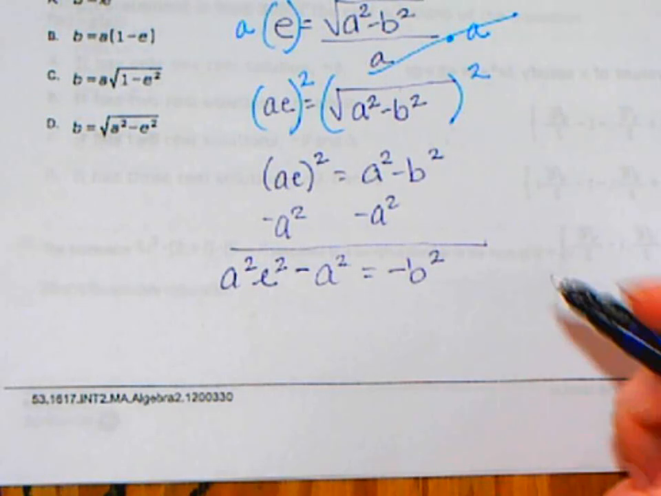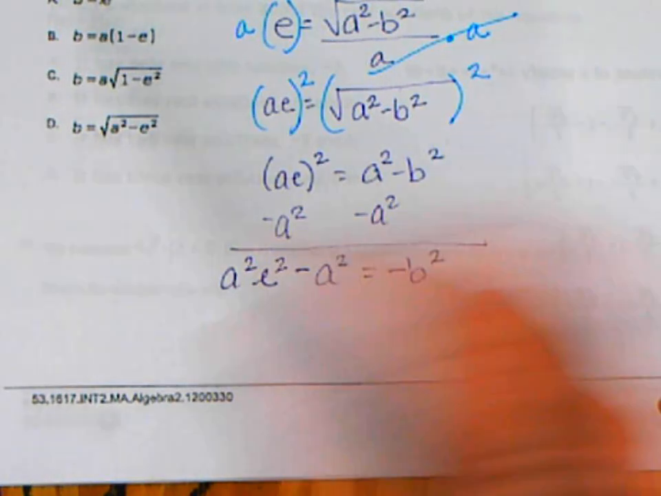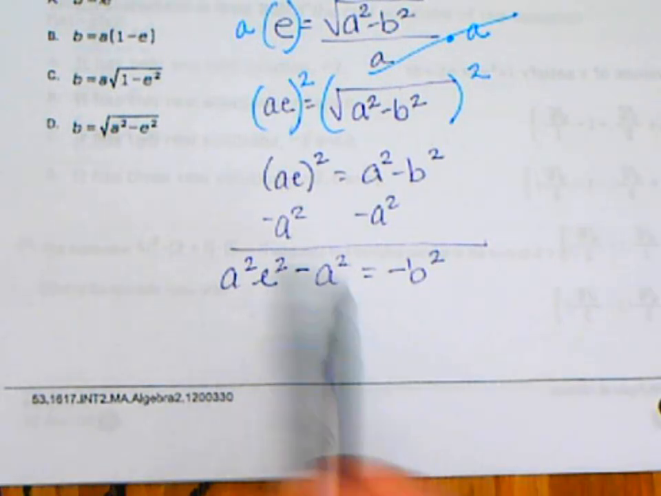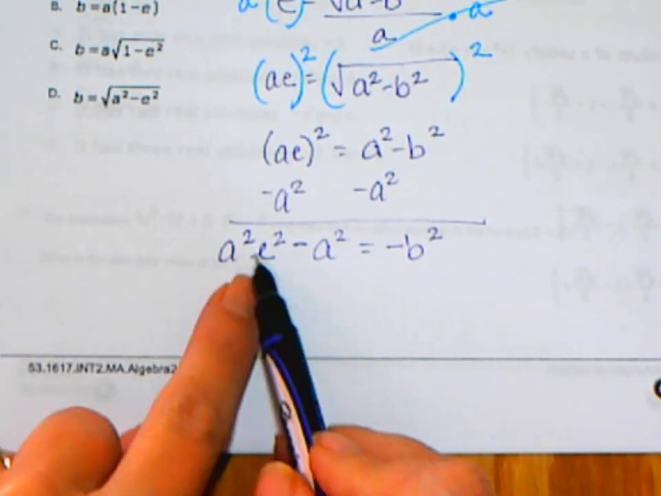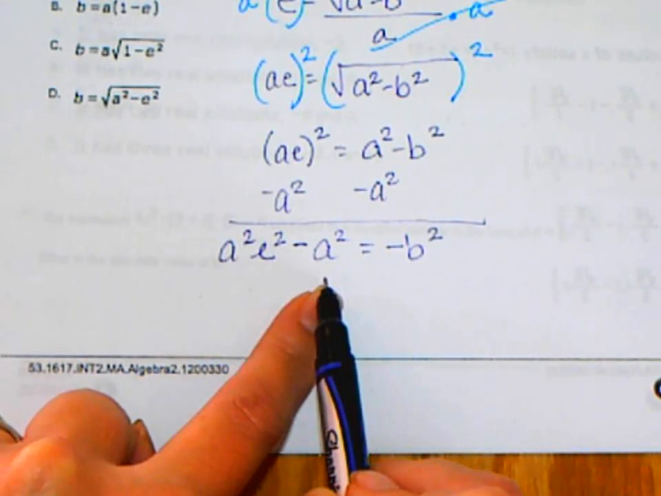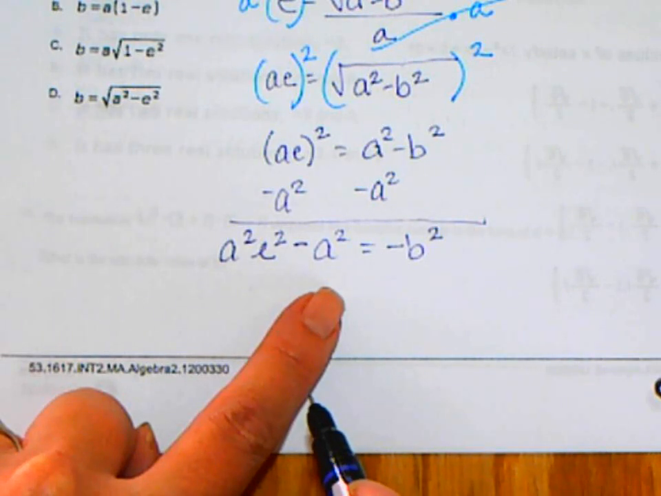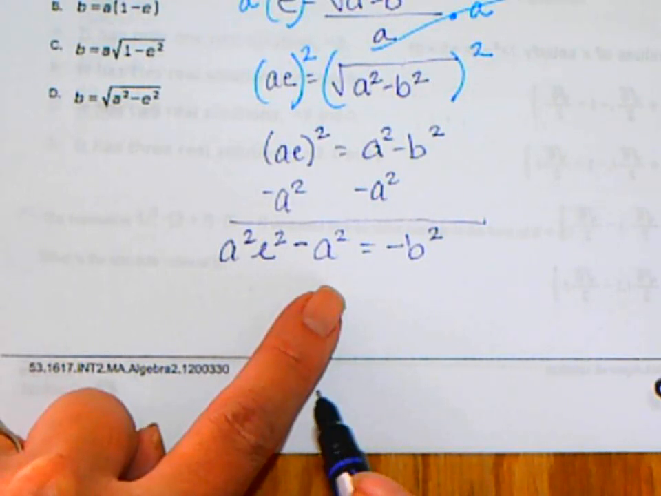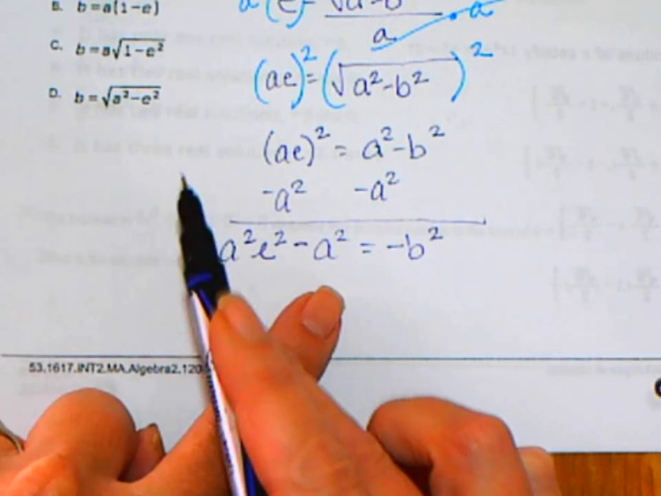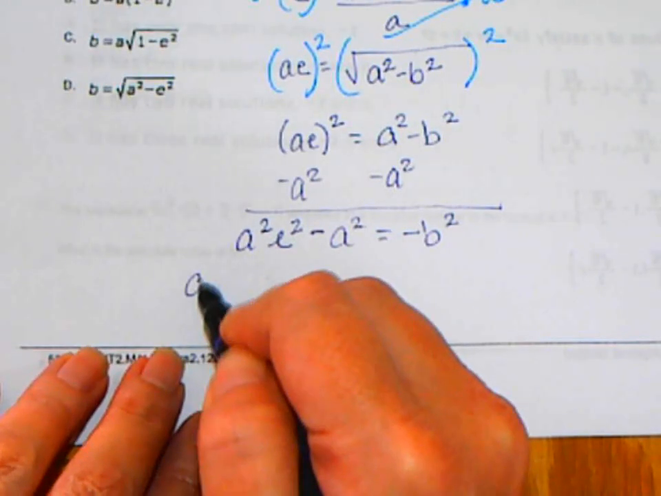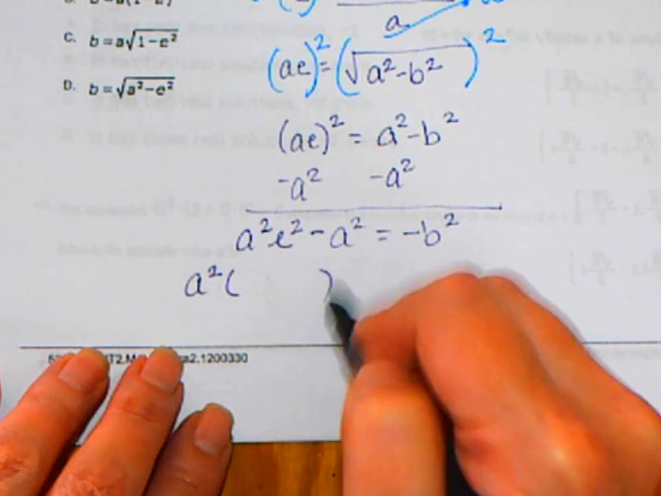Now, the first time I did this, I was not getting what they had over in the options. So I was like, okay, what can I do differently? At this point right here, a squared e squared is a term and a squared is a term, right? Do they have a common factor? Yeah. A squared. So I'm figuring, when I was looking at their options, I bet they factored that out. So if I factor out a squared,